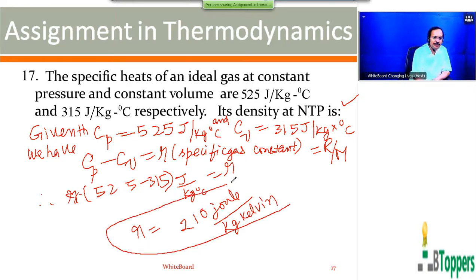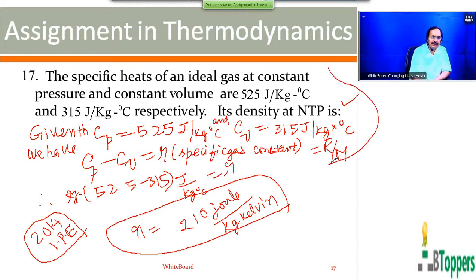In one of the recent board exams, for example 2014 intermediate public exam in Andhra Pradesh for junior inter students, they asked the SI unit for specific gas constant and the dimensional formula for specific gas constant in a very short answer question. So the SI unit will be joule per kg per Kelvin.